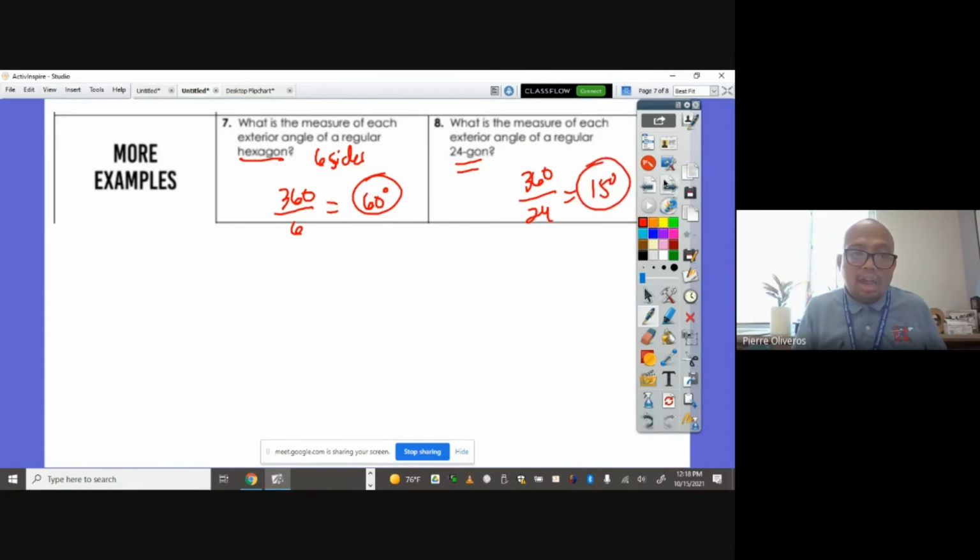Okay, and there you have it. And that's how you find the interior and exterior angles of a regular polygon. Okay, and as always,